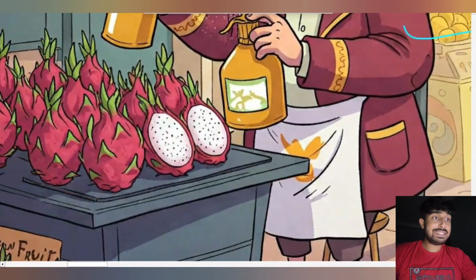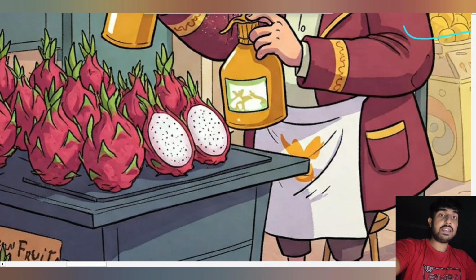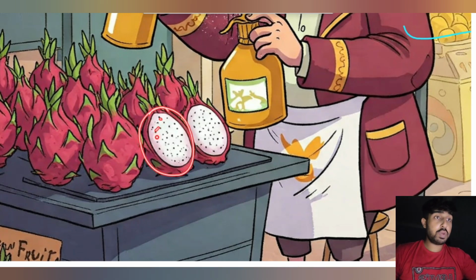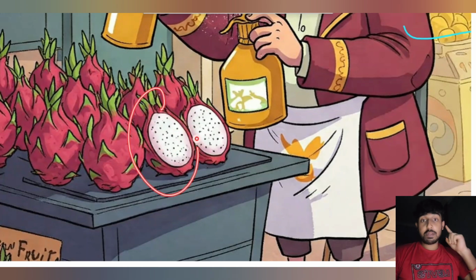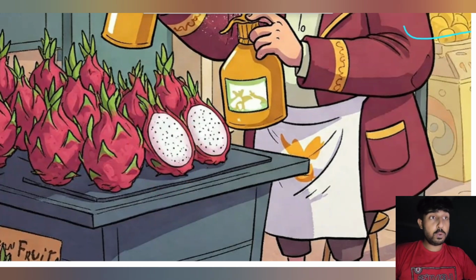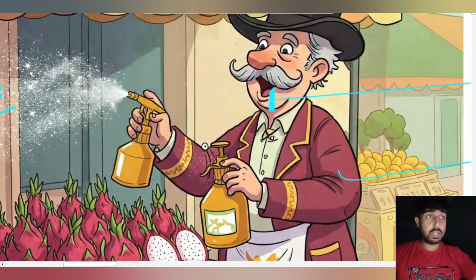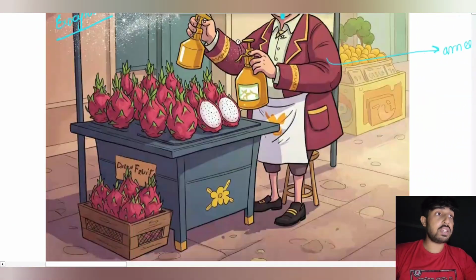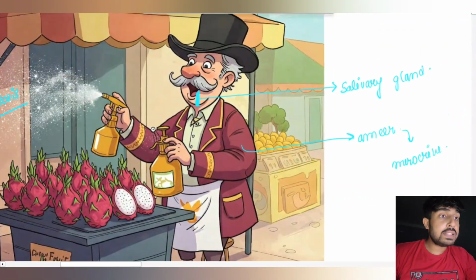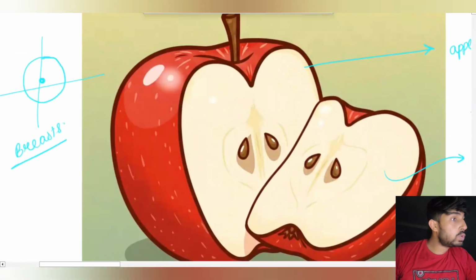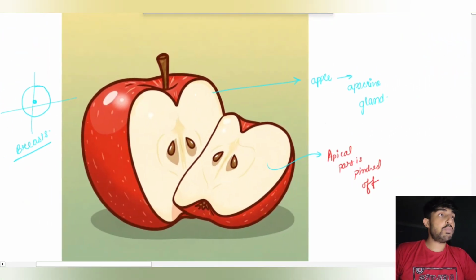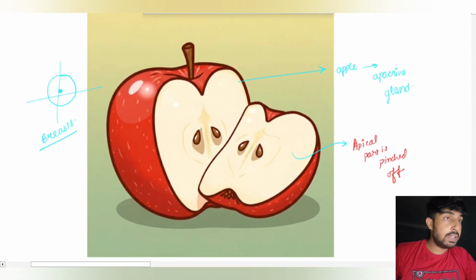Now just zoom it out. Here what you can see is basically these dots. This is how it appears in histopathology. So this cross section is gonna appear in the histopathology, right? Okay, so that's all. Moving towards your next type of gland and its mechanism of action, that is basically